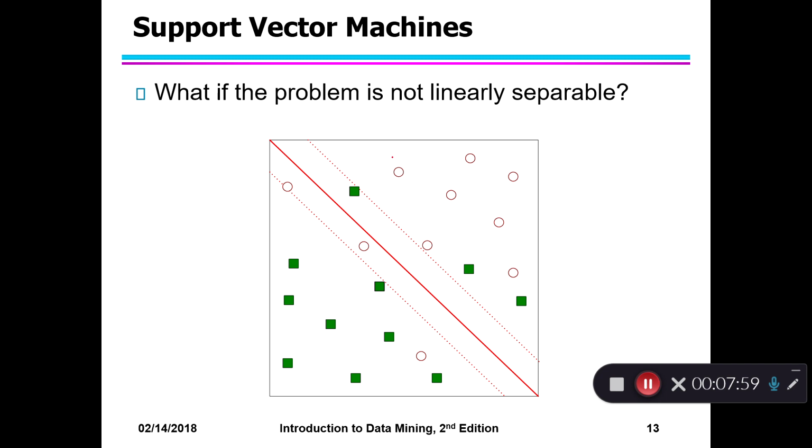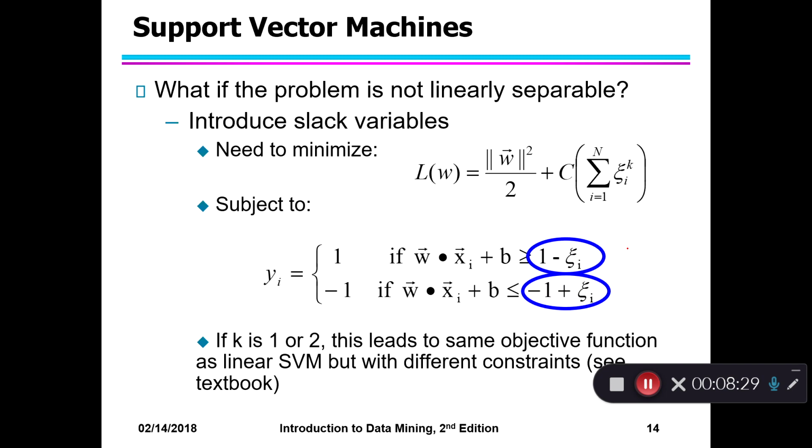Now we have a problem. What if the hyperplane is not linear, like it can't be linearly separable? For example, we can see here in the graph, we can't separate the two data sets with a hyperplane. So in this case we have another method, where we call the slack variables. We can find the slack variables.